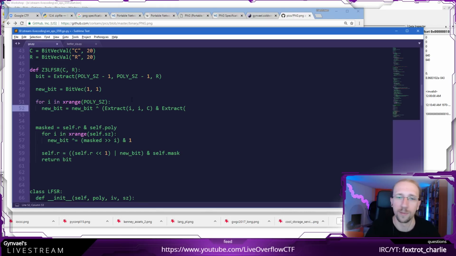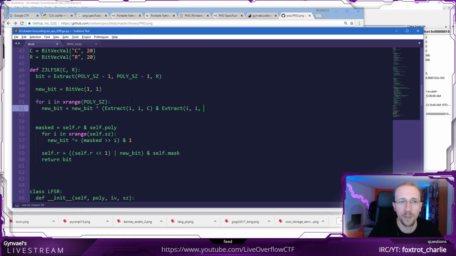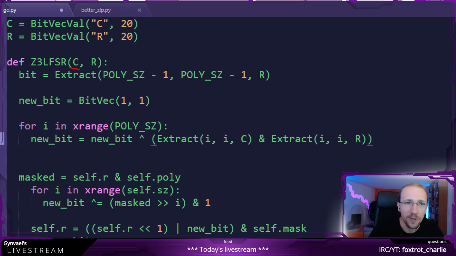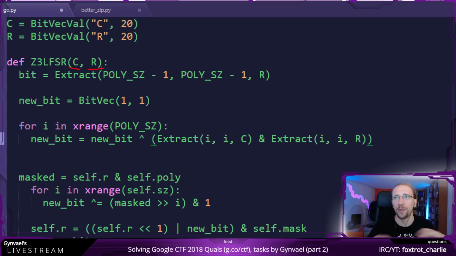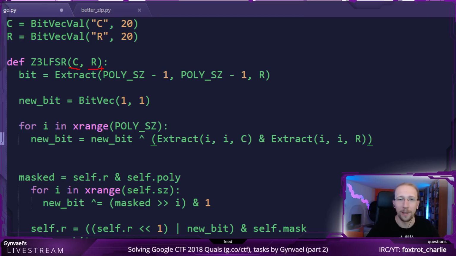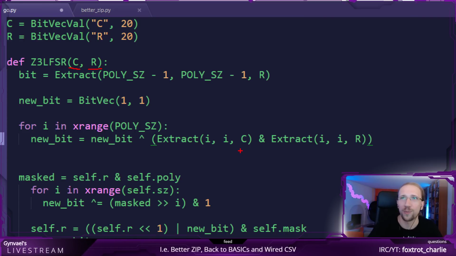Just check it out if you don't believe me, the math is the same. And I'm going to extract the same bit from the register state, R. And keep in mind that these are not values, these are expressions.